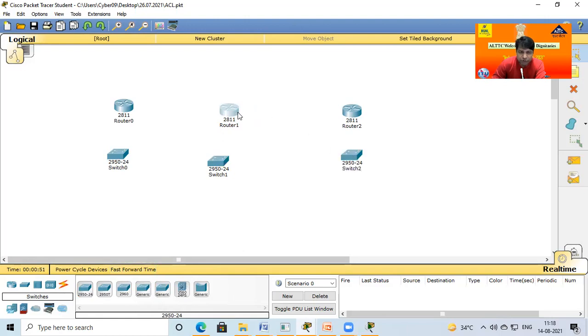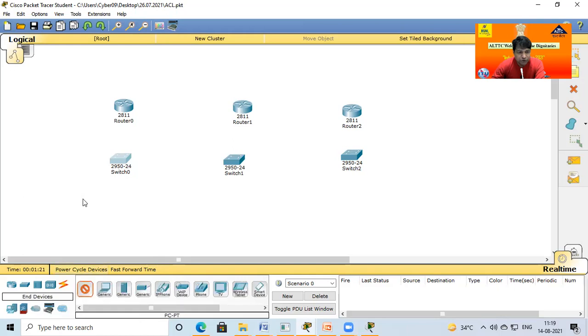We will do a list of 10, and after three, again a list of 10, because it requires at least two days minimum to complete this session. So it may be on Monday, and in another session it will be completed. Today I try to make a network, and you are already aware of how to select the devices and how to connect them to each other. Anything new, I will add here.